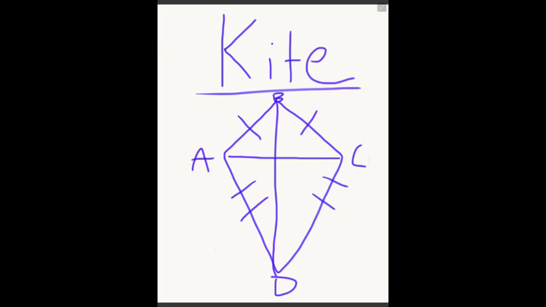In this case, that's AC and BD. Secondly, the diagonal that divides the kite into two congruent triangles, which we see on this kite as BD, is actually the perpendicular bisector of the other. And that means that in this particular kite, and we'll make this middle point M, AM is congruent to